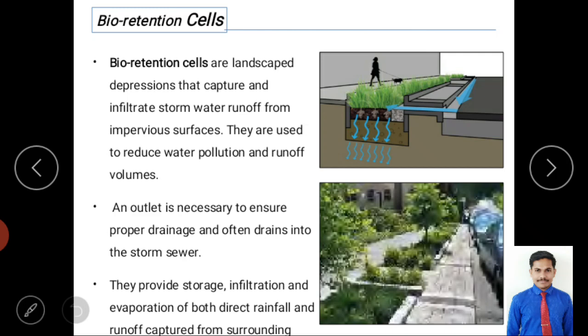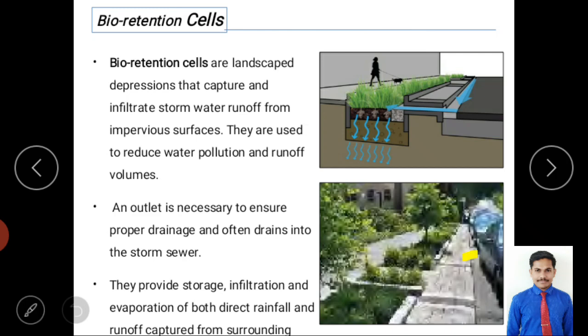See here, you can see the trench, right? So here we'll read it: bioretention cells are landscaped depressions that capture and infiltrate stormwater runoff. See here, capturing of rainwater as well as infiltration of stormwater runoff from impervious surfaces.